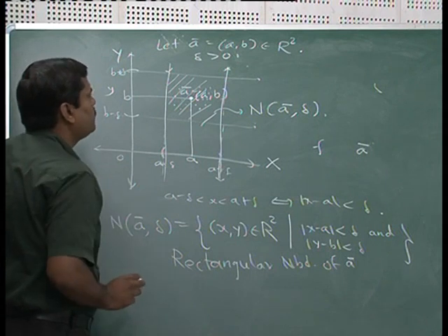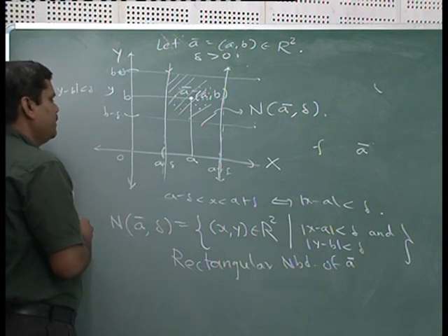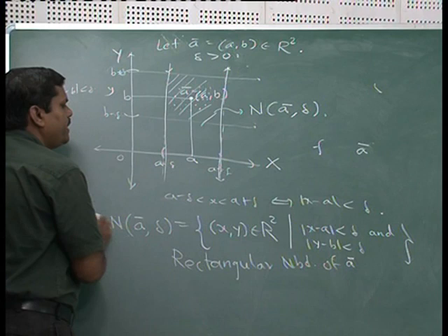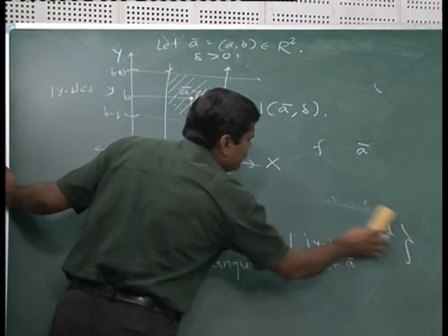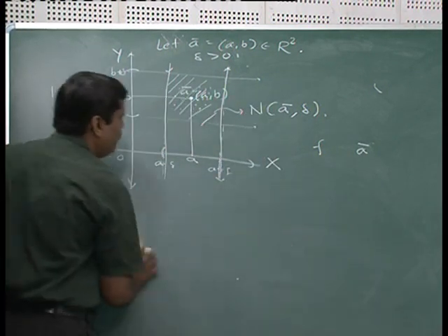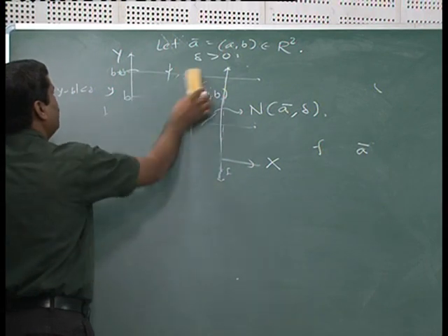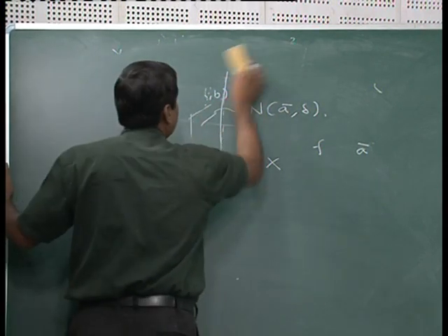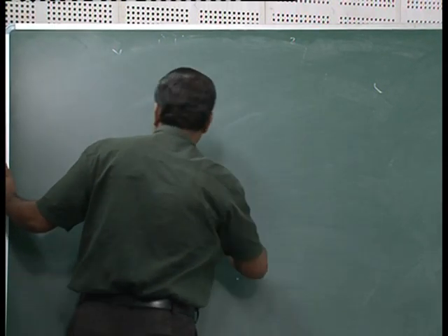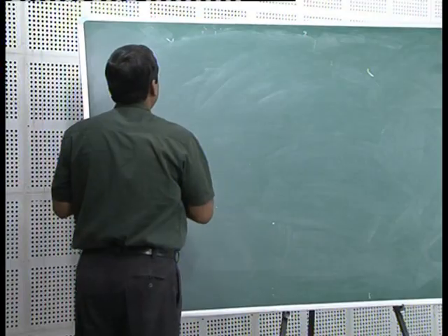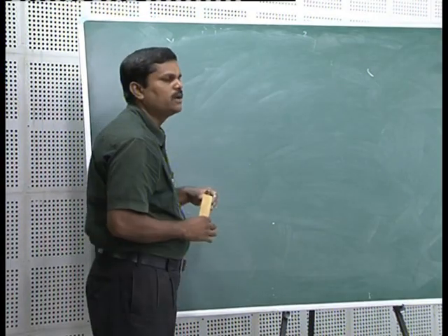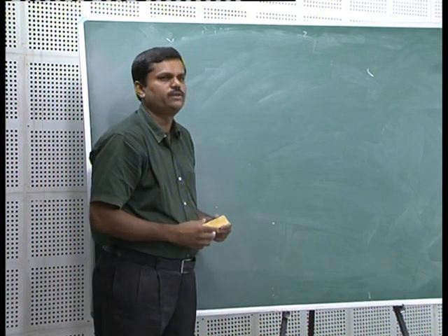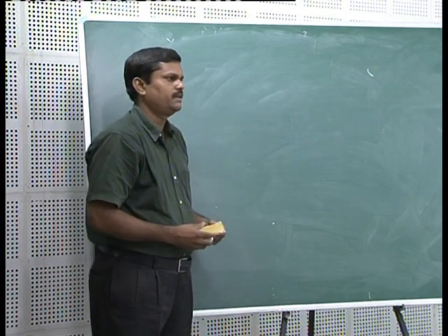So, therefore, the concept of neighborhood is very important while studying the concept of limit, continuity, etc. This is the reason why we first define what is called neighborhood of a point. Now, before we start, let us take a simple look at the definition of function of two variables on your screen, please. Definition of